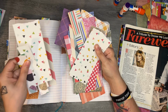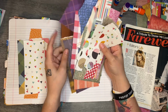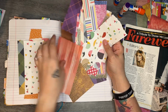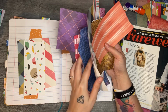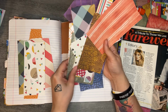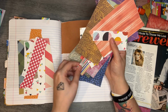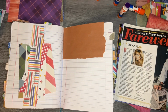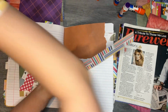So I'm gonna pick out some of the pages that I haven't used at all yet, which I think I've used most of them. I need that strip. Yeah, I think I've used at least one of everything now, except for these little triangle parts and this red strip. Yeah, I think I'm gonna put that in there too. So I for sure want to get those finished up in this video. And I like these pencils. I'm gonna make the pencils a tab